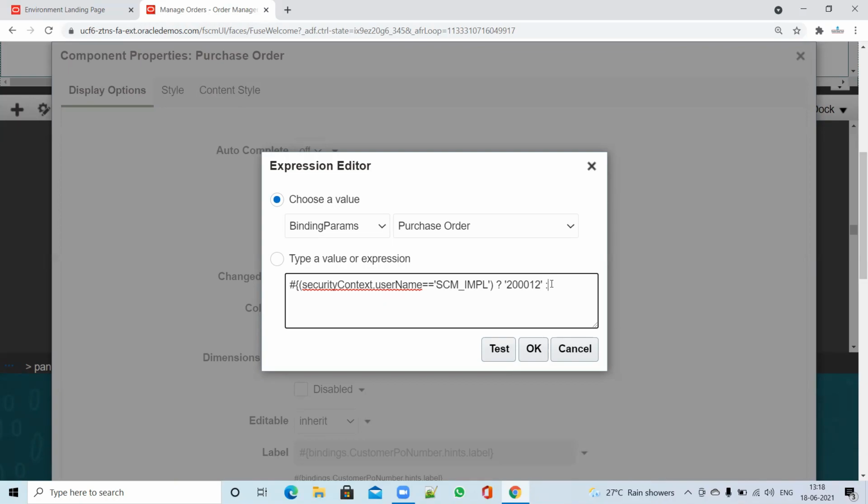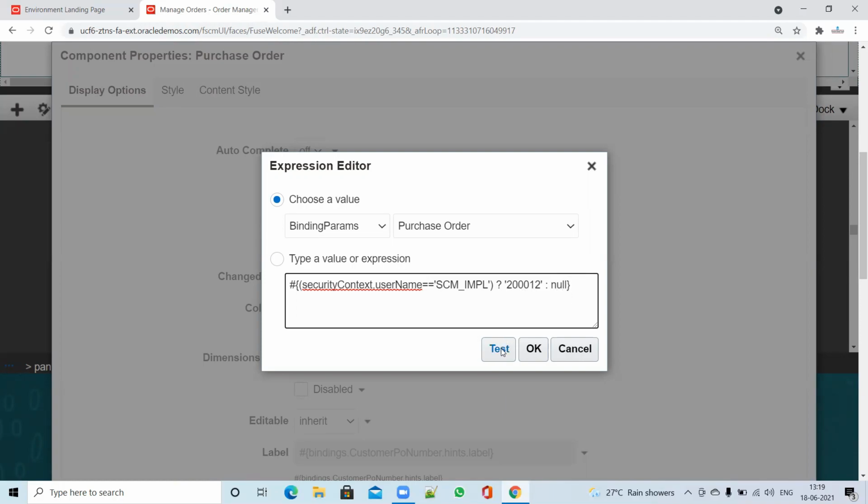So you have to put a colon and then enter null. So if the system finds the username SCM IMPL, then it will default the purchase order value as 20012. If not, then it will make this condition null or false, where the user can enter any value to it. Now you have to close your bracket.